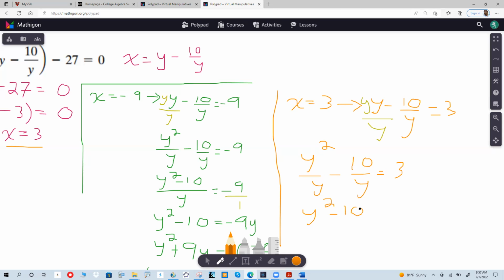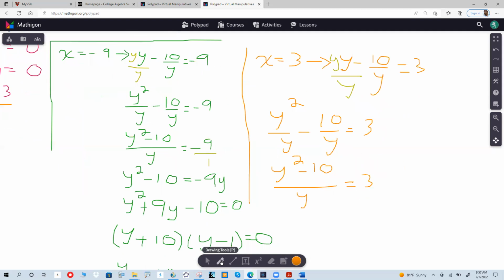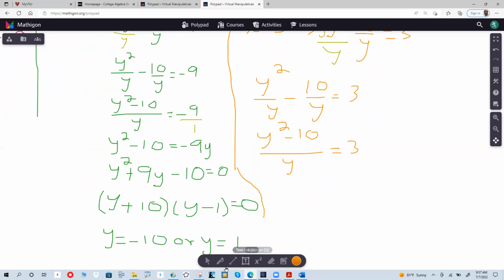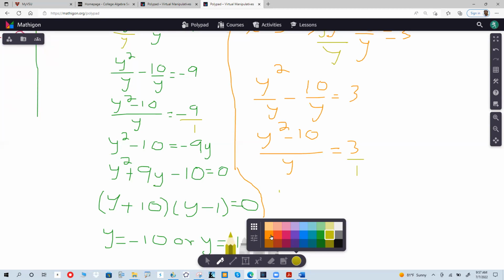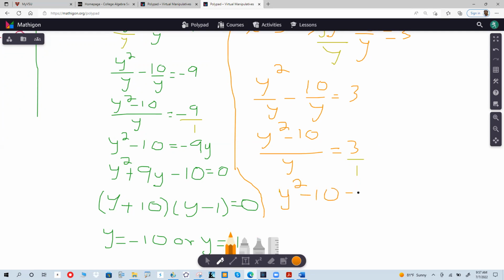It's very repetitive. We multiply both top and bottom by y, and we're going to get y squared minus 10 equal to 3y, and bring everything to the same side,